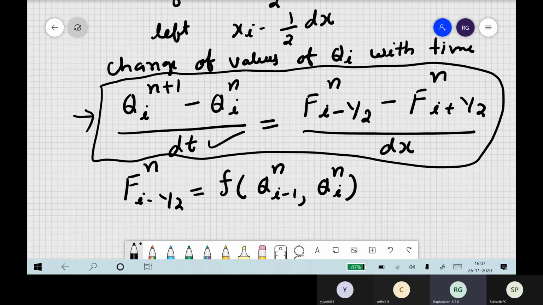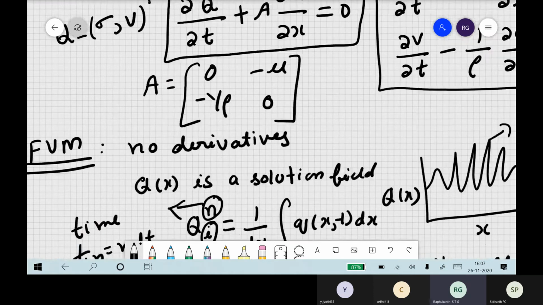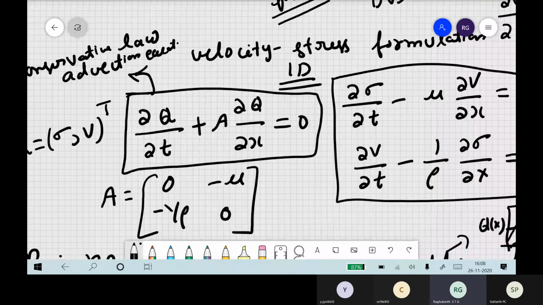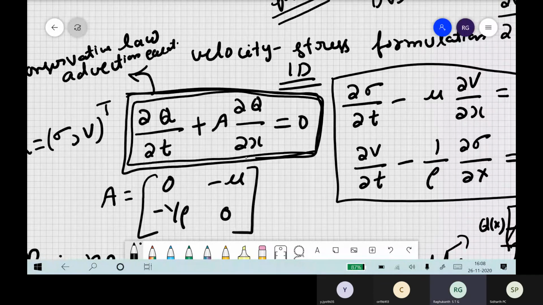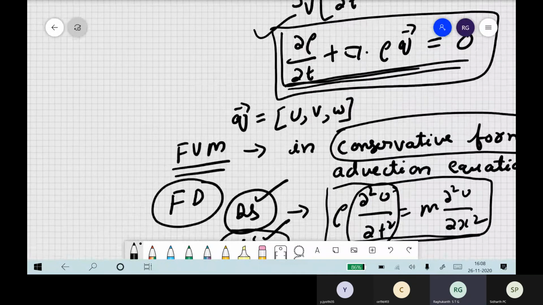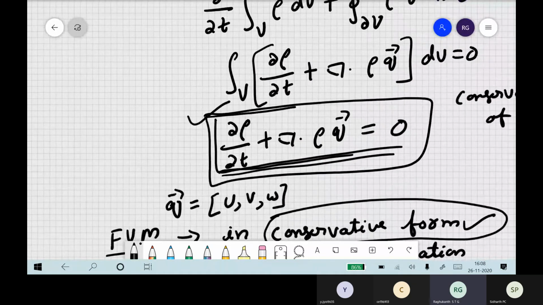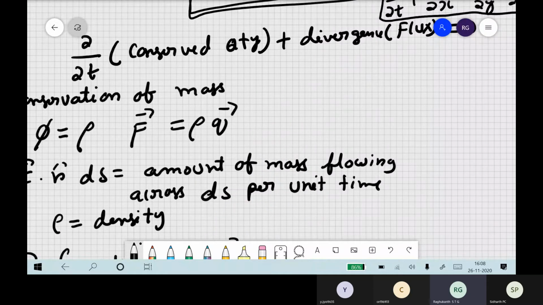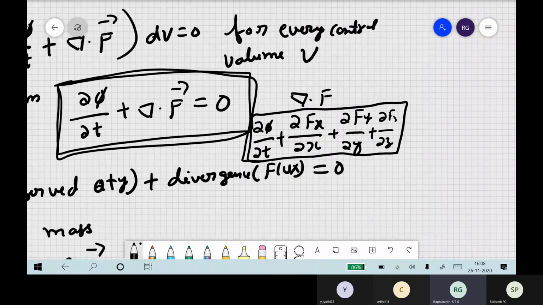So here a time derivative, here this is a spatial derivative. You followed, right? So what happens? Everything collapses to what is this equation? You can see here. Finally, what happens? Everything collapses to this equation. You followed, right? What does this equation tell you? We already wrote it, right? Dou rho by, where is it? You can see right here. So we have a time derivative and a spatial derivative.